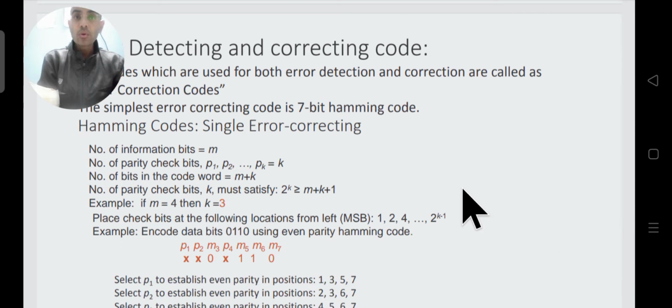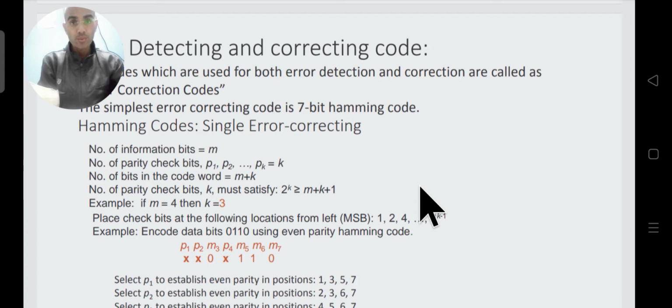As we have seen in the last slide how to form a parity code, similarly, we will see how to make a Hamming code from a message signal, and then how to correct the error if there is any error in the received Hamming code, how to detect it and correct it.